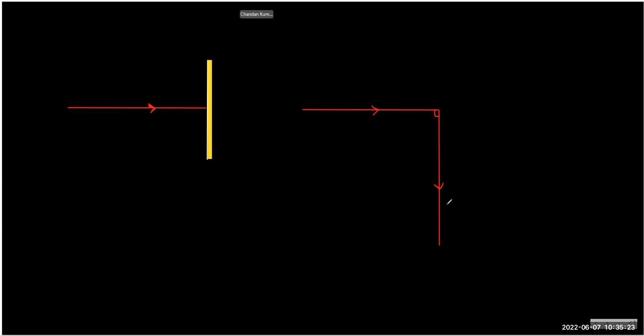So what is the rotation of the light ray? How much angle? 90 degrees. So the mirror must be 45. You're turning the light ray by 90 degrees, so the mirror must be turned 45. The reflected light ray was going this way, and now it is going downward. You have turned in which sense? Anti-clockwise. By how many degrees? 90. So the mirror must be turned by 45 degrees from the actual position.